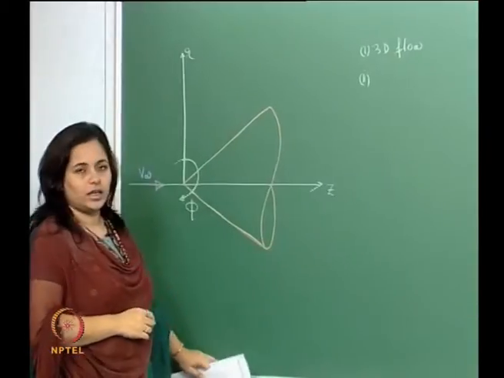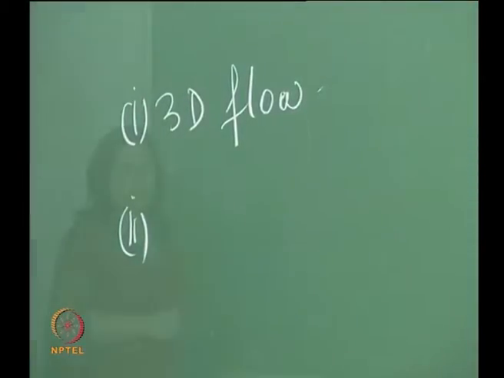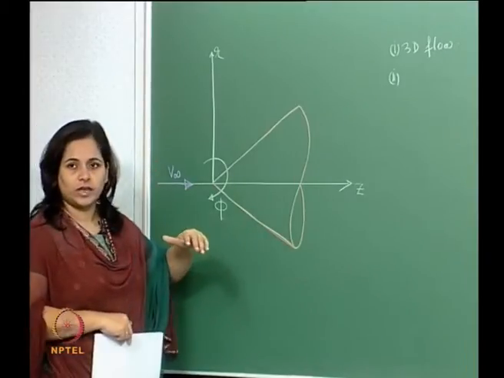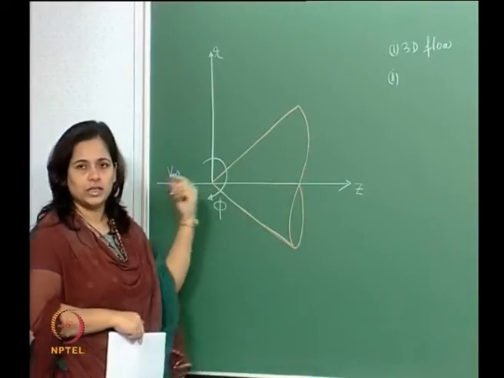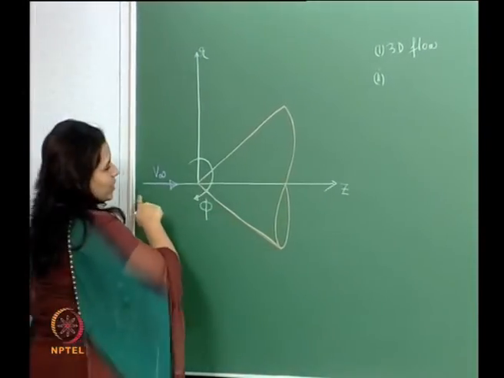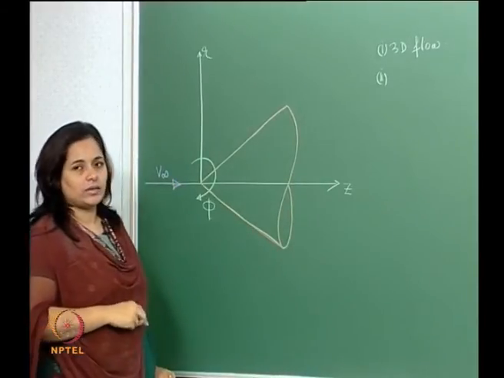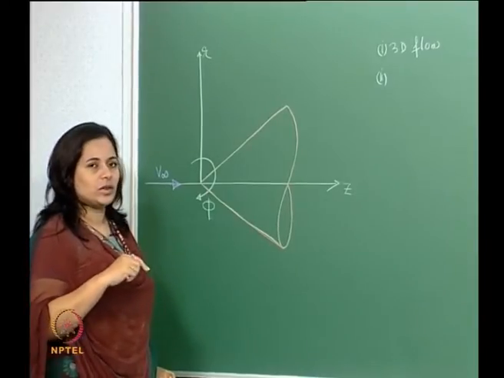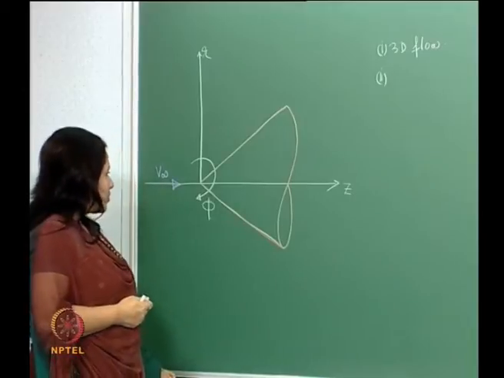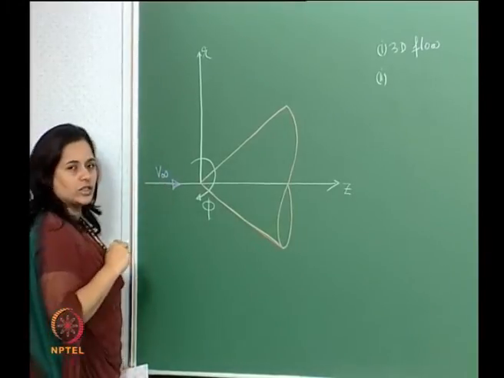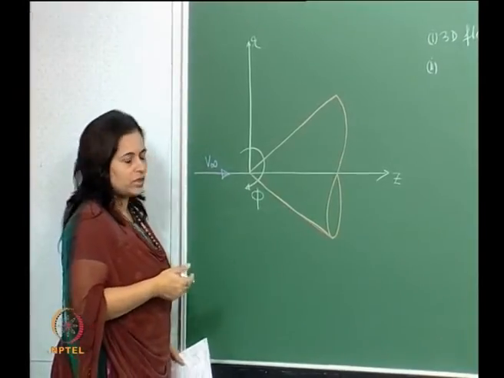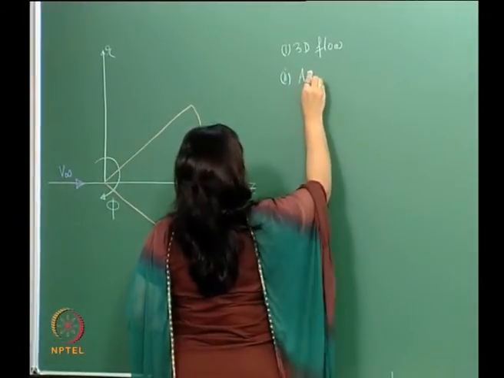Like I said, this is a 3D flow. We are really looking at 3D flow, and the body, if you look at this, is essentially a planar curve which is rotated about a fixed axis, which is z here. As you can see, z goes through the middle of the body, which is symmetric. The body is symmetric about the z-axis, or you can say the z-axis is the line of symmetry of the body, and the free stream velocity direction is the same as the line of symmetry. Therefore, the angle of attack is